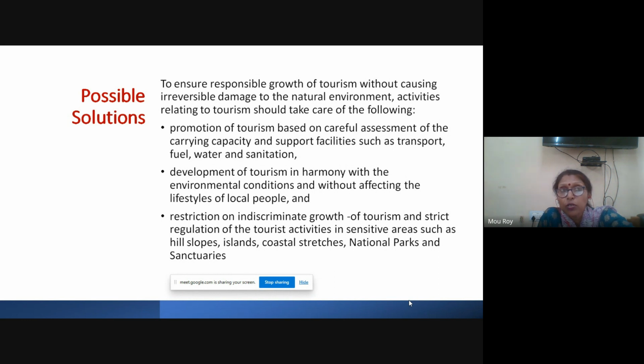And what happens, the natural species are also being disturbed, because the vehicles will be honking, and the tourists will be eating snacks and throwing the trash here and there, because proper garbage disposal is not there. So it destroys the natural habitat. That has to be taken care of. That is where the awareness program comes in. So environmental education and awareness is very important.